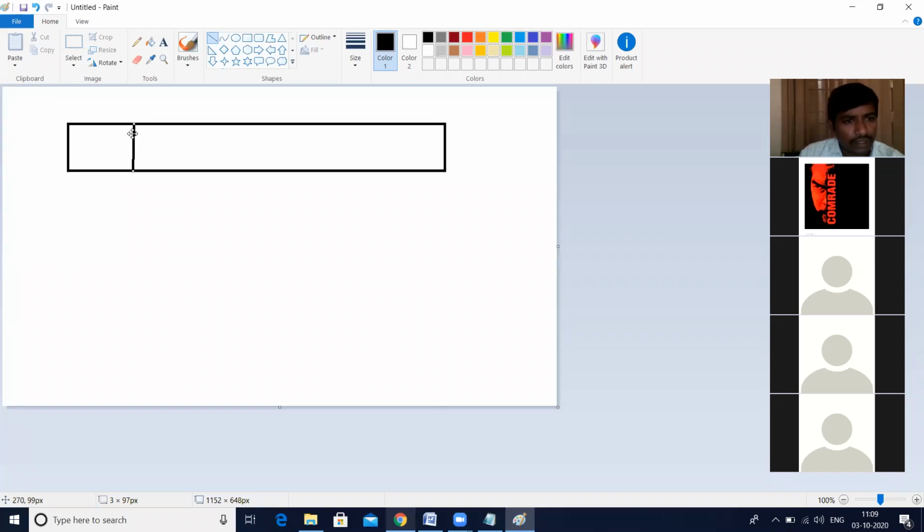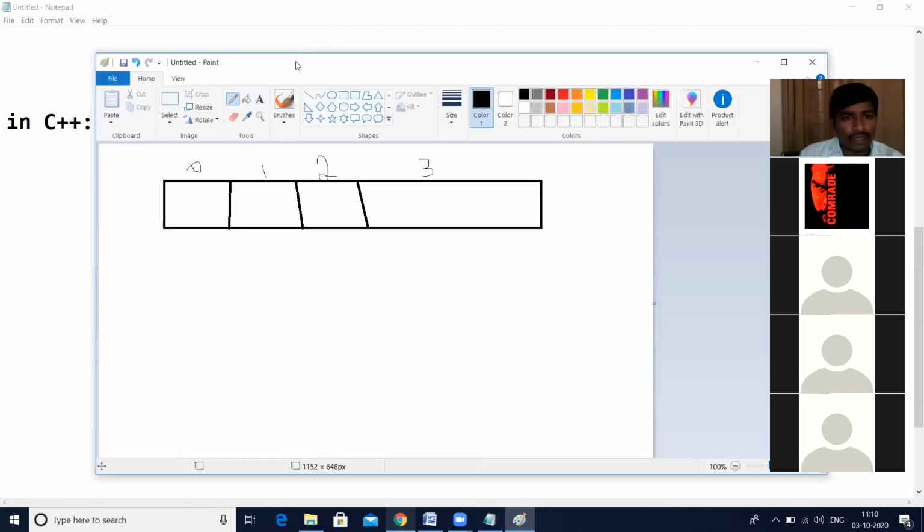So we can think this is the 0th, the first, the second, the third. This is the 0th element, first element, second index element, third index element. Those values will be stored.